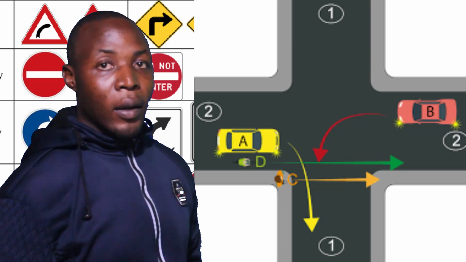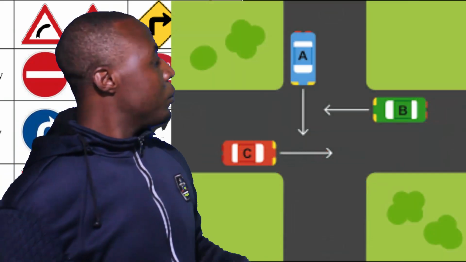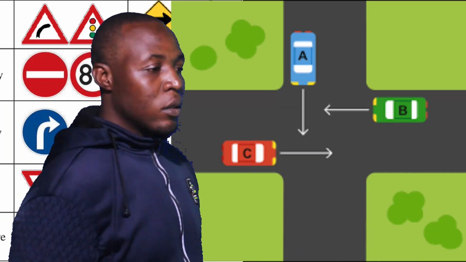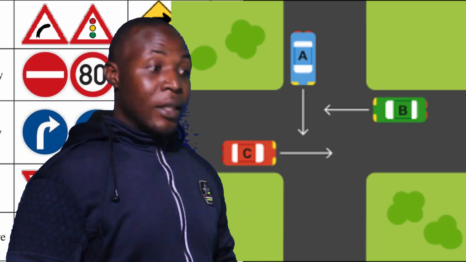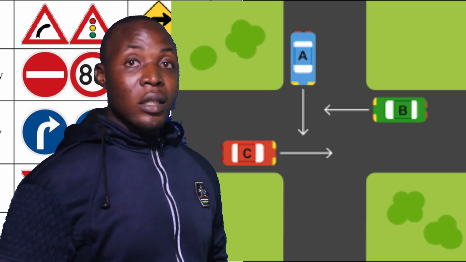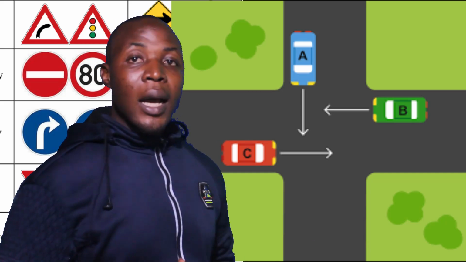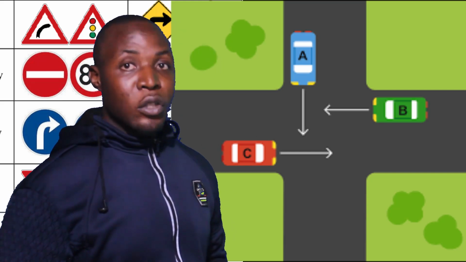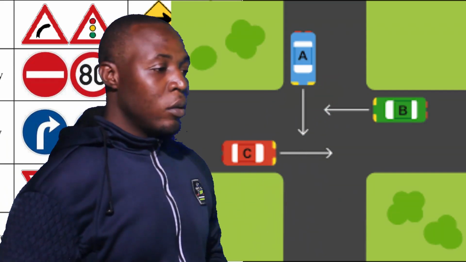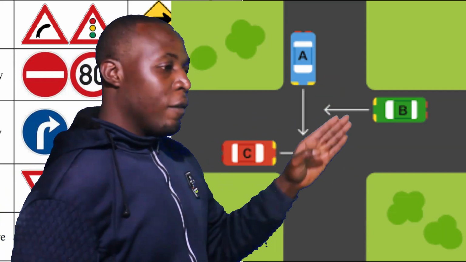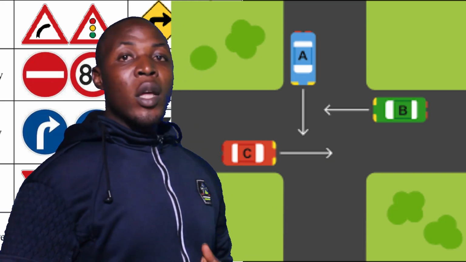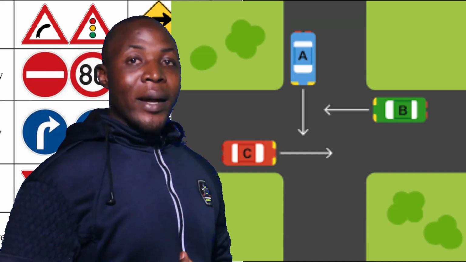So let's look into another structure. Looking at this structure, we have three vehicles. They are on the same intersection which has equal right, but somebody has to give way to the other person before the intersection can be safe. We have the blue vehicle, the red vehicle, and the green vehicle. So who has the right to pass first on